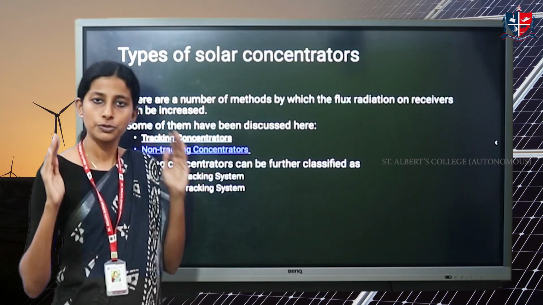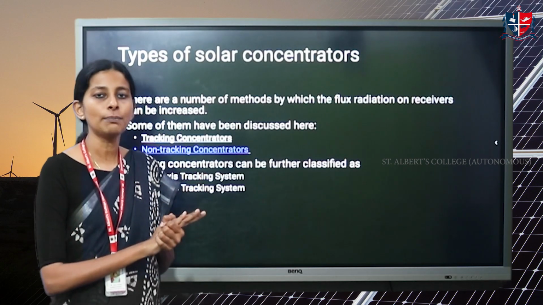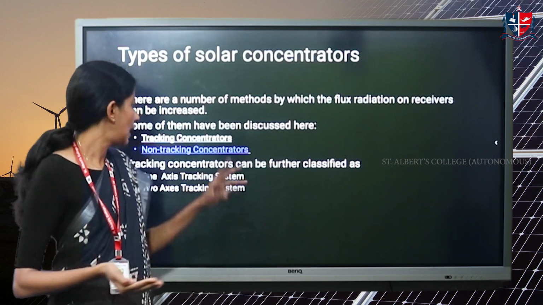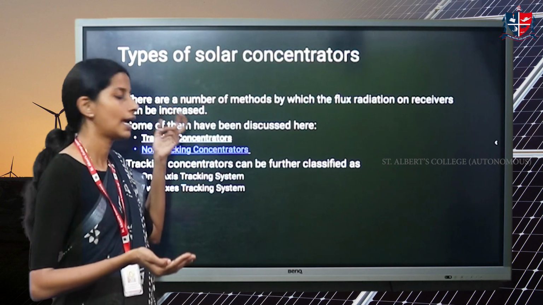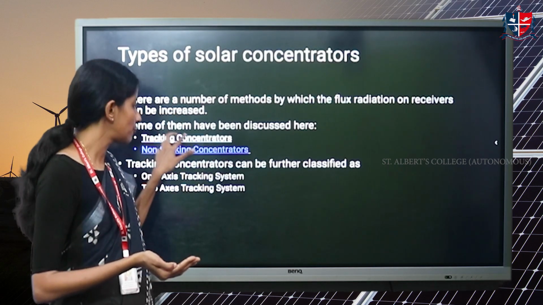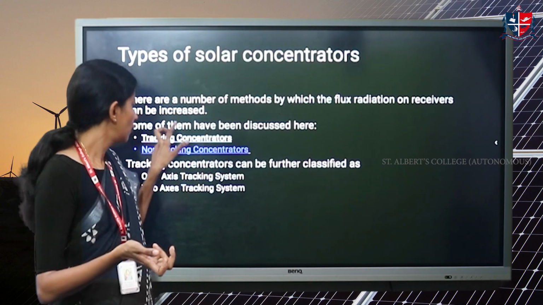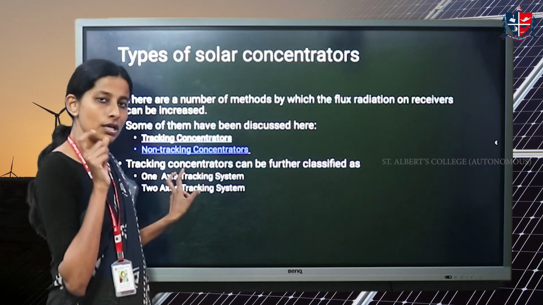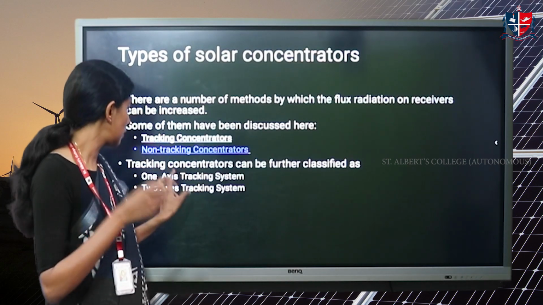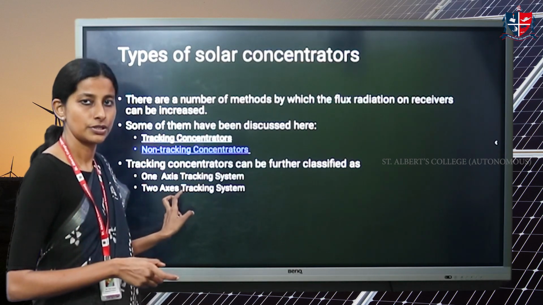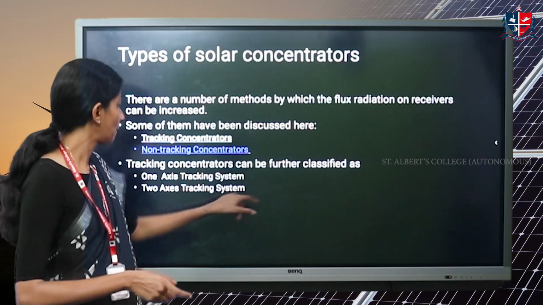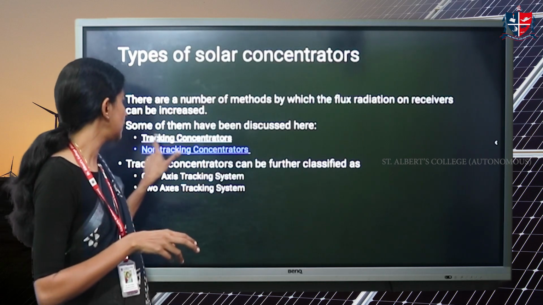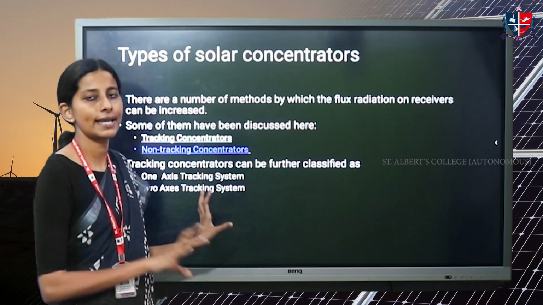It can be classified into two. One is focus type, another one is non-focus type. Another names are non-tracking and tracking. And when you come into the focus, it is also called tracking. Focus itself can be one axis tracking or single point and dual axis tracking. Okay. So in this session, we will be dealing only with the basic one axis tracking.